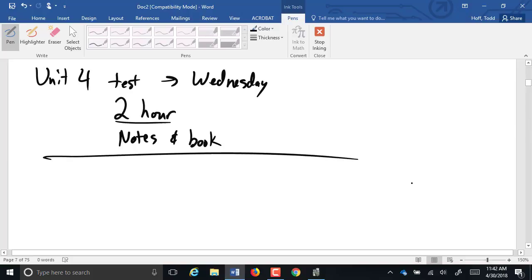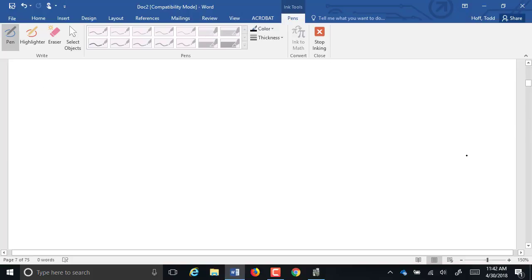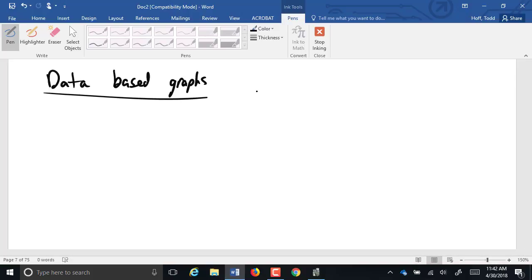So the last thing we need to wrap up today is organizing data into graphs. We've looked at graphing relationships and equations and doing different sorts of algebra-based graphs. Let's look at data-based graphs. And really, to organize data, we have to go through that same intermediate step that we did when we were graphing algebraic relationships. So when we had that y equals